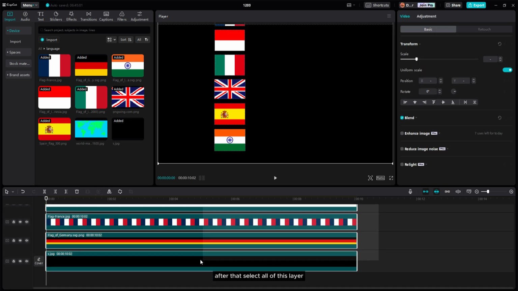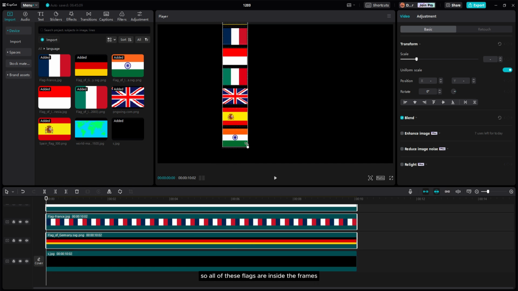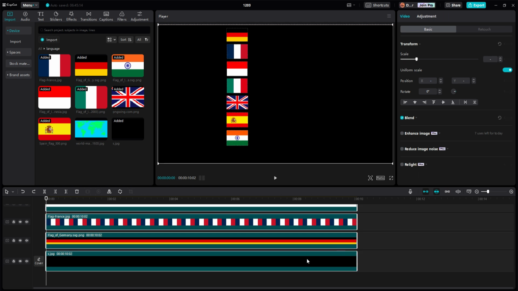After that, select all of these layers and then downscale and reposition them so all of these flags are inside the frame.